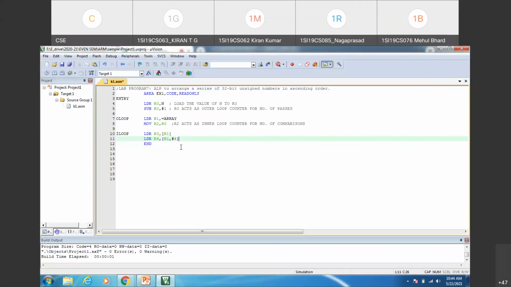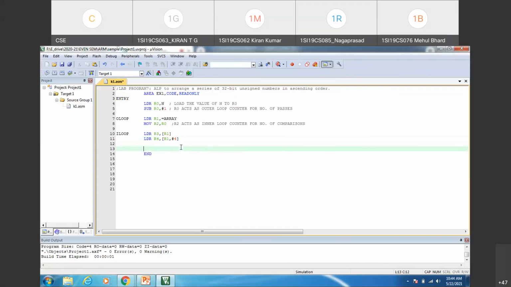So that in the next iteration of the inner loop, we compare the second and third element, and in the third iteration the third and fourth element, and so on. Two consecutive elements are compared each time. This is the addressing mode and indexing method we have used to fetch the data from the memory.